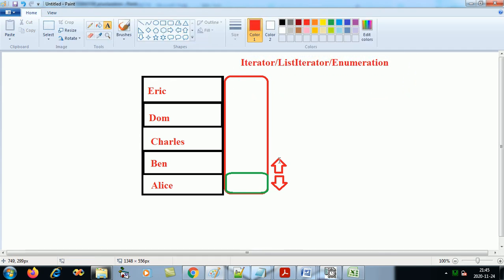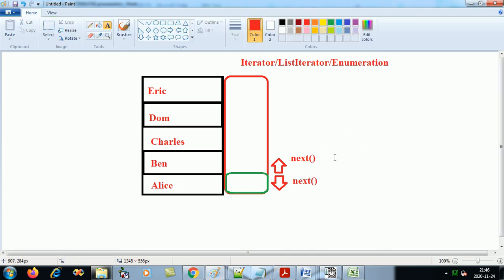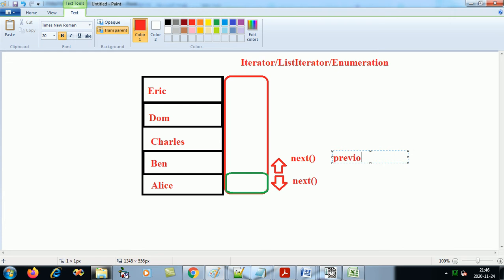So this list, so if you go to the next record, so currently the lift is on the ground floor, so if you say next, where will it go to? The next record, the lift will come to Ben. Now again if you say next, then it will go to the next record. Like this, if you say previous, it will go to the previous record. So you got to first check, does the next record exist? If yes, go to the next record. Like this you can go up and down using this elevator or the lift.